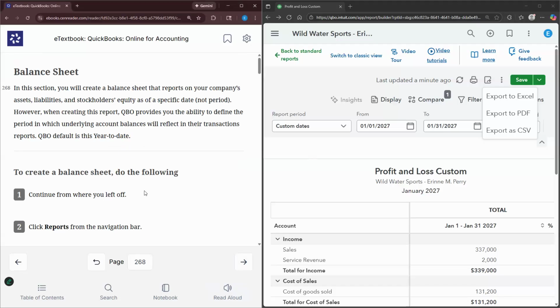So now we move on to the balance sheet. In this section, we're going to create a balance sheet that reports the company's assets, liabilities, and stockholders' equity as of a specific date, not necessarily a period. So the balance sheet tracks all of the assets, liabilities, and stockholders' equity from the inception of the company,